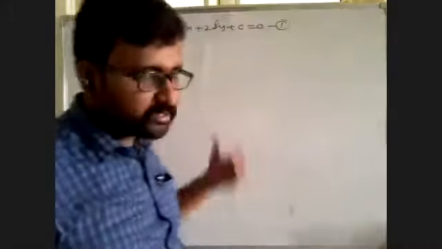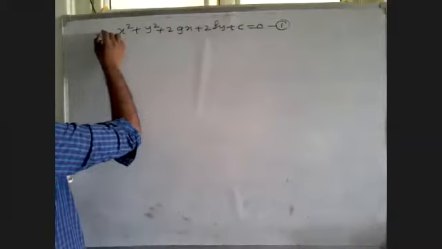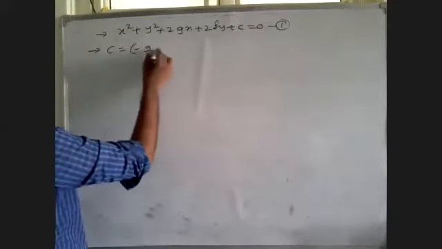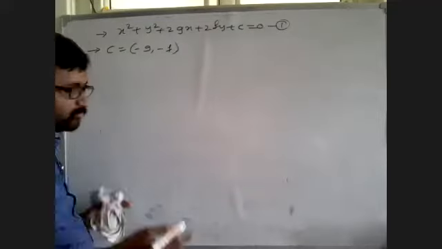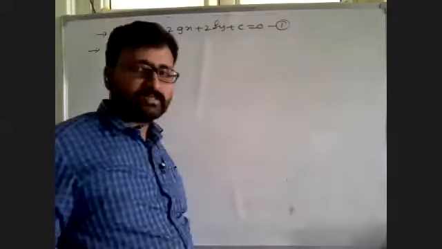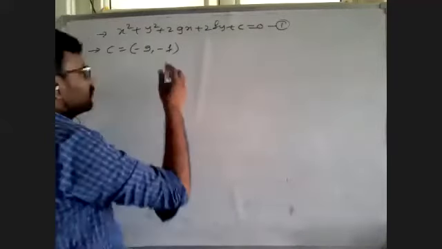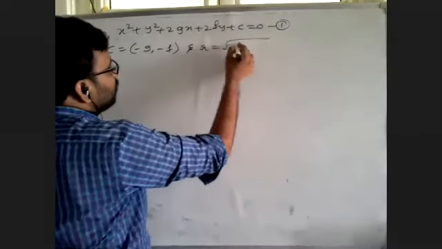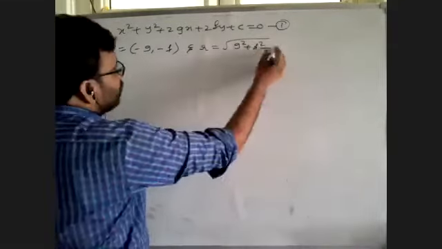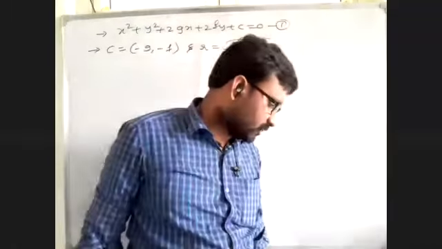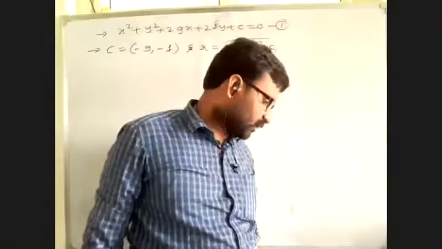And for this circle, what is the center? The center of the circle is minus g comma minus f. I'm not showing how we are getting the center and radius. Why? Because already we know in IPA that. So I am giving here only the conditions and formulas, and the radius r is equal to root over g square plus f square minus c. Next condition, if g square plus f square minus c is equal to 0, then the circle equation represents a